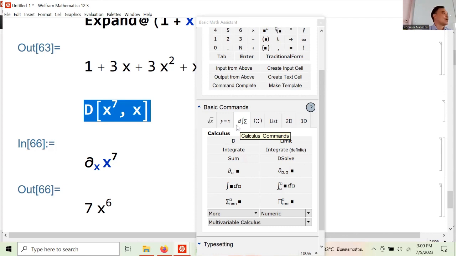Okay, so I'm not using this because I don't know how to take the derivative of x to the power 7. And you shouldn't do it because you don't know how to take the derivative of x to the power 7. But the programming language is there so that, again, you can work on things that are a lot more complicated. Okay, and you can't do this with Python.